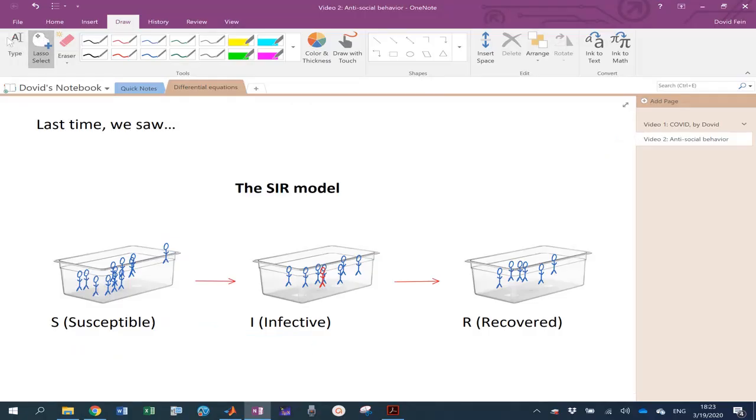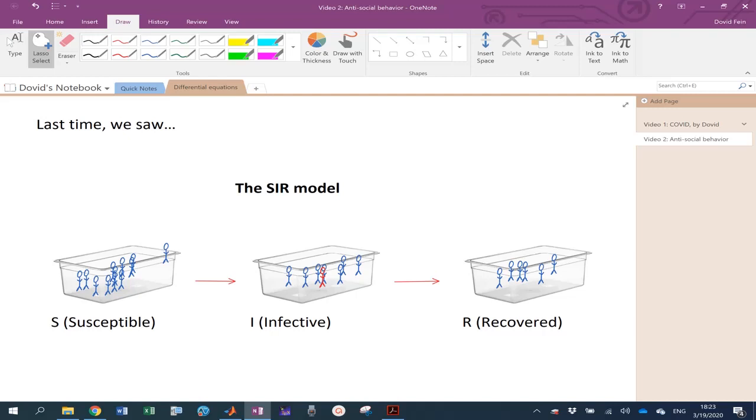Before we talk about how long we're going to be antisocial, let's quickly review the model we built last time and improve on it. As I mentioned in the last video, I am not an epidemiologist, but a math teacher. As such, the model you see here is purely hypothetical and should not be used for anything other than educational purposes. So let's recap. Last time we built the SEIR model.